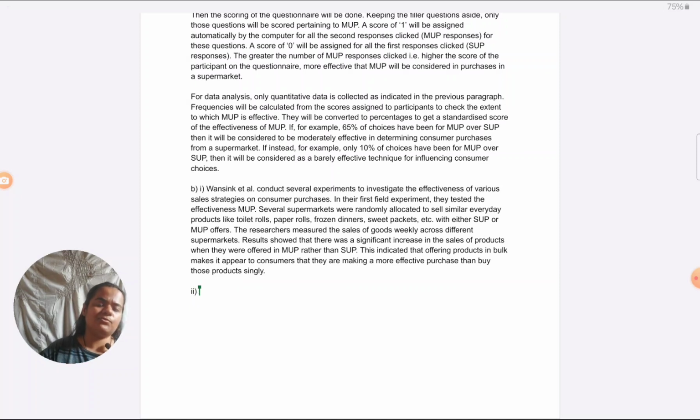So you can see for 4 marks, this is all I need to write. There is so much in the Vansing study. We know in other manipulations of the study, like other experiments and replications which they have done, they manipulated internal anchors and external anchors. Those things I am not including because firstly, the question is only about MUP. Secondly, MUP is what I want to link to my design study.